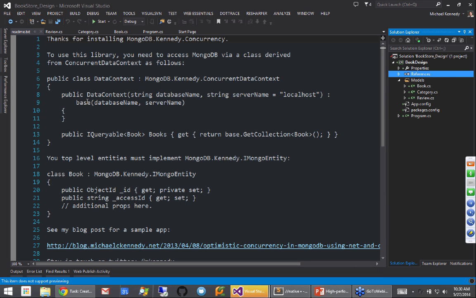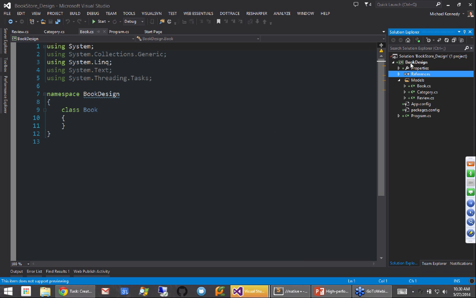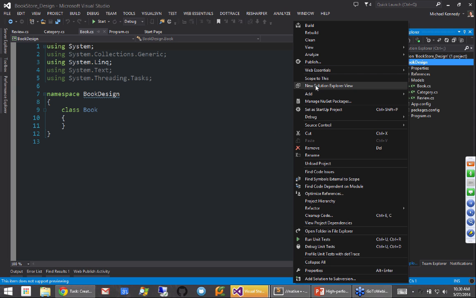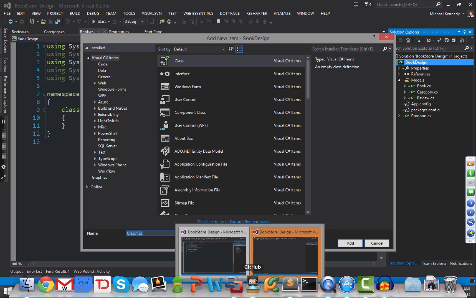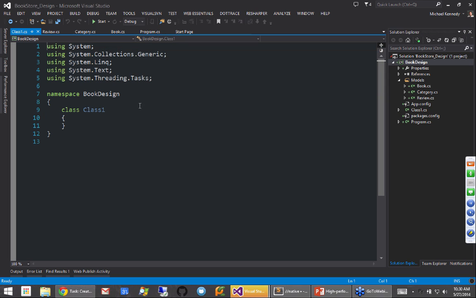Okay, so just like with Entity Framework Code First or something like that, you'd have a class that would talk to the database. So let's rename this, I'm going to call this Mongo Context or something like that. All right, great.